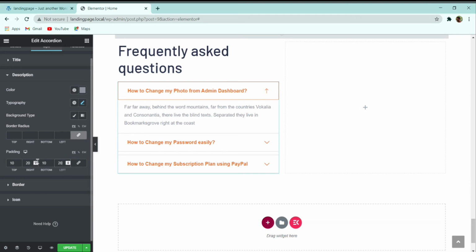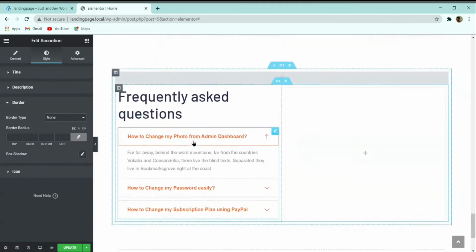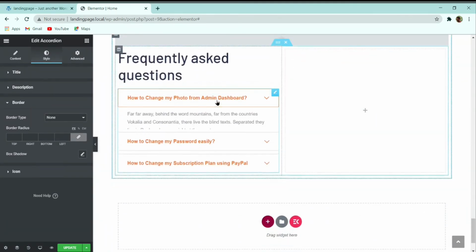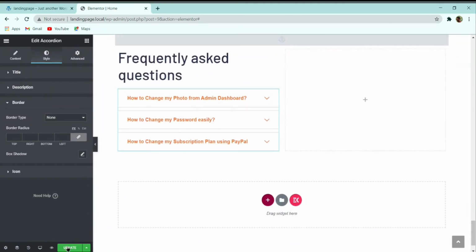Or if I want, I can increase it to 25, 25, or I can make it 30, 30 right left. So with this you can see that this frequently asked question column part is completely ready.